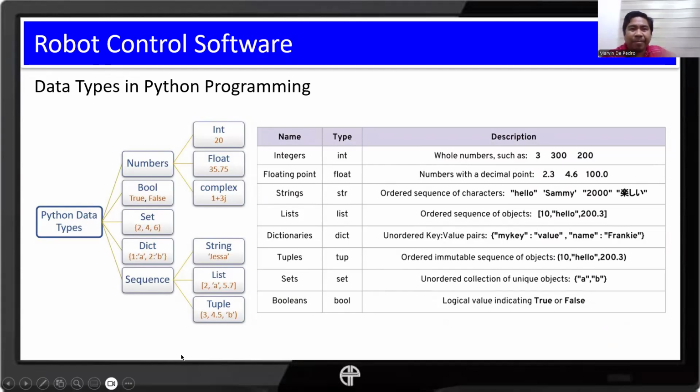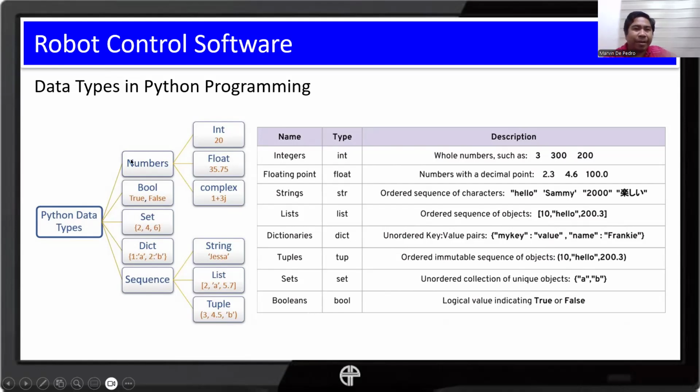So we have data types like int, float, complex, but the most common is int, as well as some advanced data structures, which we're going to talk about in a while, like strings, lists, and tuples.